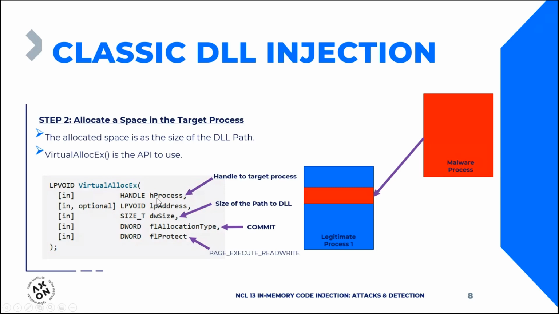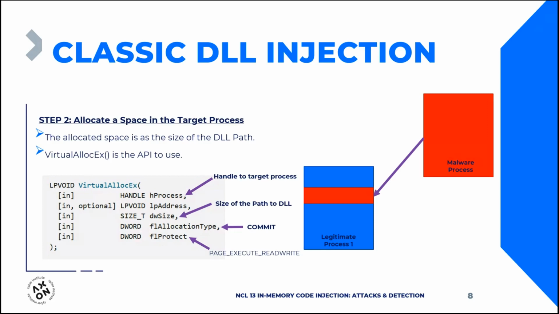The most important parameters are hProcess, and that is the very handle to the target process, which we have received from the previous API called OpenProcess. And then it needs to pass the size of that allocated space, and the size is going to be exactly the size of the path of the DLL. Okay, so let's say it wants to allocate like 50 bytes